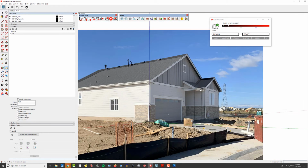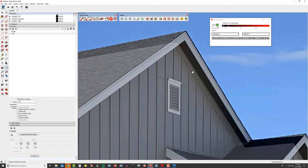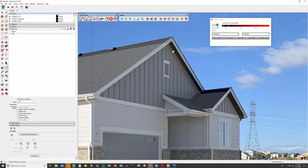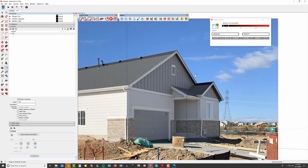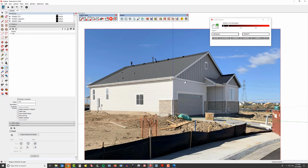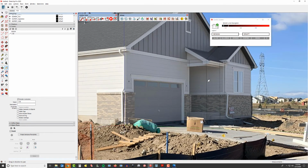And it's really all good, like the way that this is riding right along, you can see, we're pretty darn close. And for what we're trying to accomplish here, of just taking a photograph, turning it into a SketchUp model and rendering it, I think this is going to happen pretty quick. This is the way to do it. So, all right, so the front of the house, the form is there, and we can use our push pull